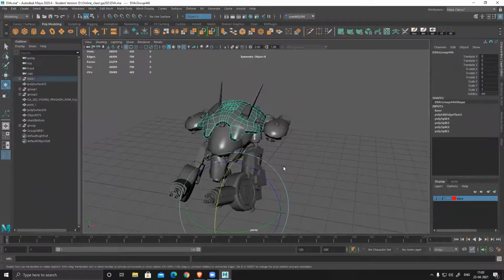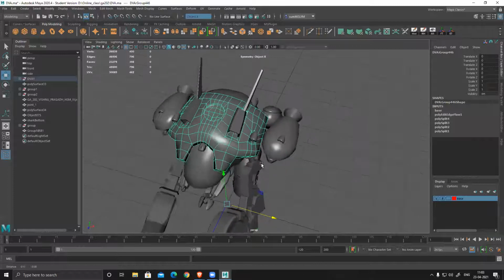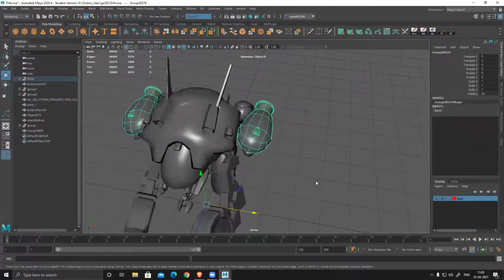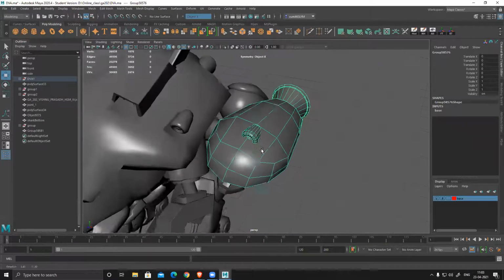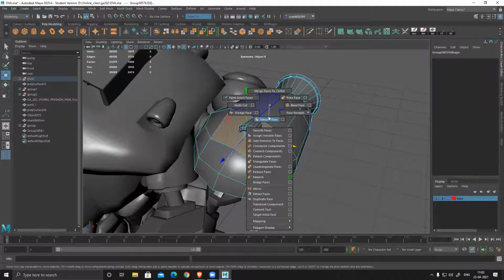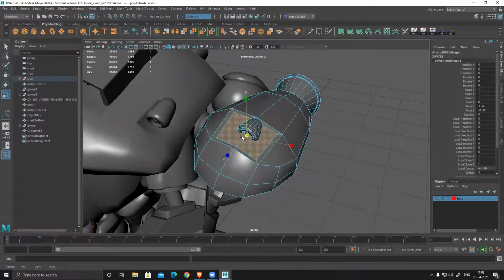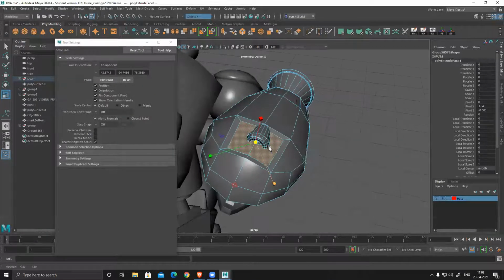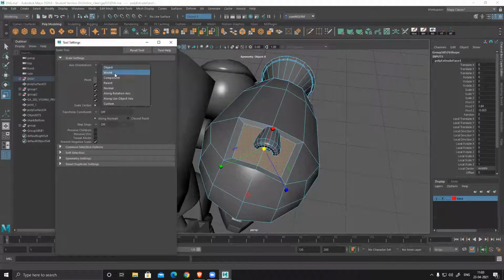Yes, sir. Okay. So now we have to modify a few things because the high poly is really smooth and the low poly is not that smooth. So a few things we have to modify and change accordingly. For this kind of stuff we have to create those shapes. Extrude and scale. I can go component-wise or maybe parent.